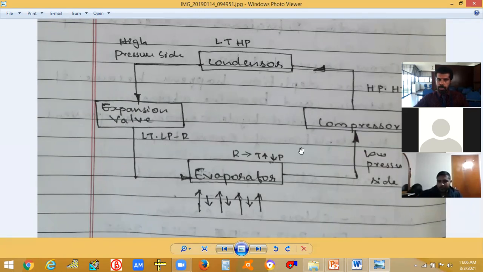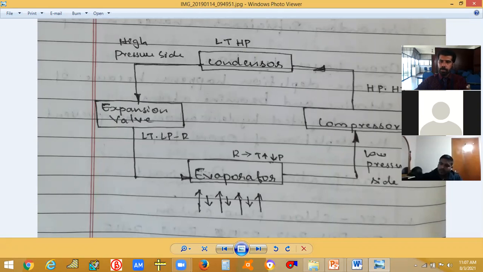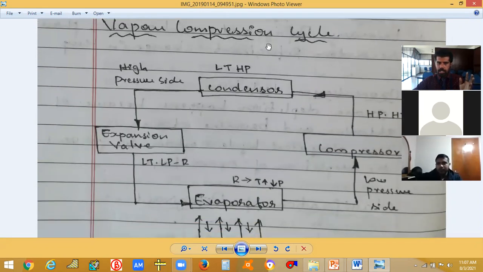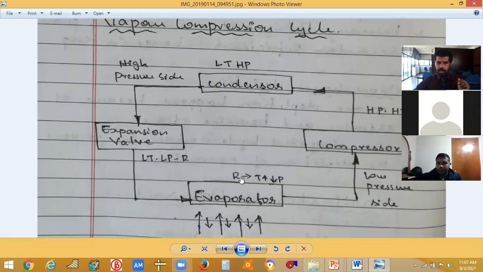So you have to keep this in mind. If you need to, learn it by heart. This is very important. You need to know what happens to the refrigerant in these different equipments. In coming days, we'll be studying heat pumps and all, so we need to know where this is happening. You need to know the vapor compression cycle. You can just draw this and write refrigerant, temperature, pressure, low pressure side, high pressure side. These are the four main components.